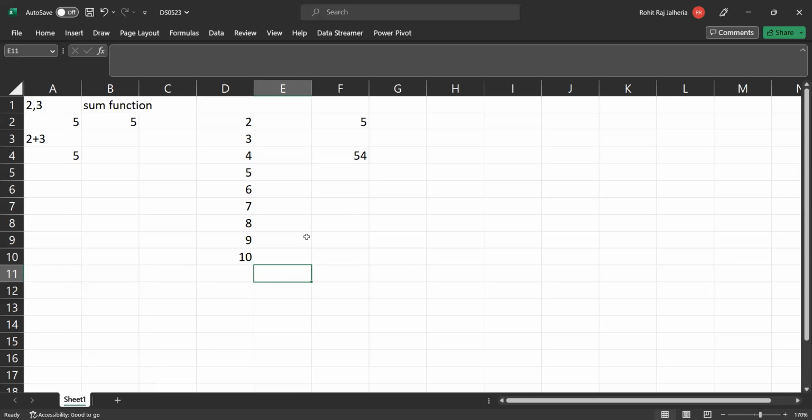Right. Now, let's say if you want to calculate the subtraction, right? So subtraction is nothing but the